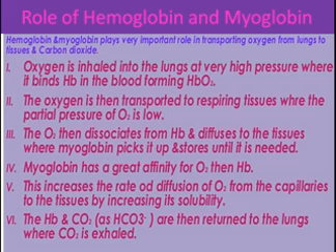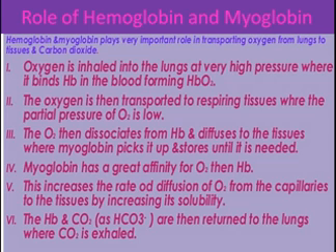In the lungs, the oxygen is bonded to the hemoglobin to form oxyhemoglobin. Then it is transported to the tissues, and in the tissues the partial pressure is lower, where it gets dissociated into the hemoglobin and the oxygen. Then that oxygen gets picked up by the myoglobin, and it stores it whenever it is needed. So myoglobin has a greater affinity for oxygen than hemoglobin. Again, this is a very crucial point.